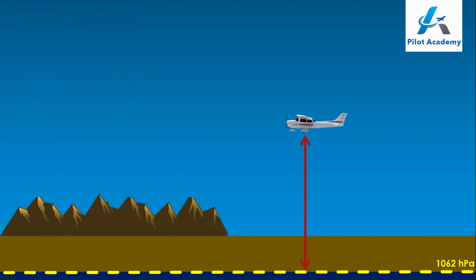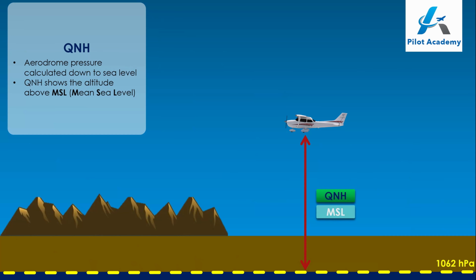Next, the QNH. The QNH is the so-called aerodrome pressure according to the ICAO standard conditions calculated down to the sea level altitude. This means that the pilot sets the QNH to show the altitude above sea level at the current location. The QNH shows the altitude above sea level, so MSL, mean sea level. This altimeter setting is very important for aviation. You can obtain the QNH either from ARTIS, from the Flight Information Service, or from other ground radio stations such